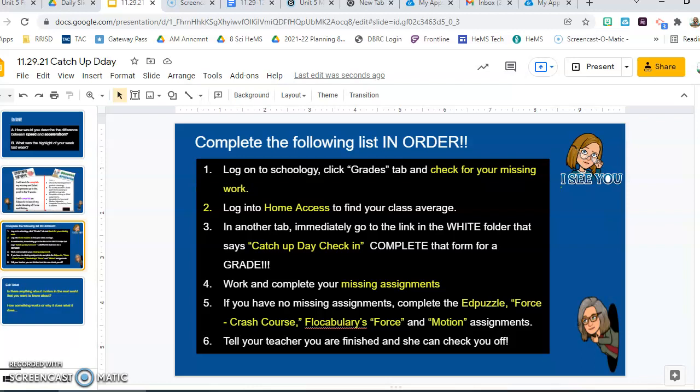You're going to work and complete your missing assignments today. If you have no missing assignments, you will complete the Ed Puzzle, force, crash course, and then you can also do vocabularies, force, and motion assignments. And you need to tell one of us you are done so you can check off. Now, if you're watching this at home, just complete that form and work on those missing work,